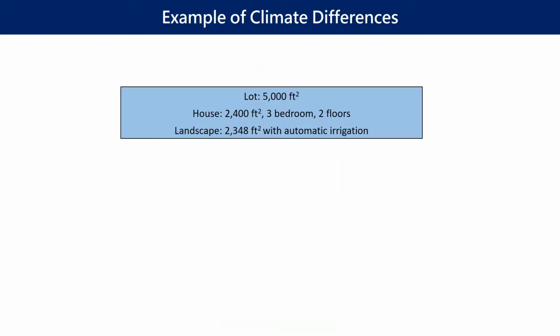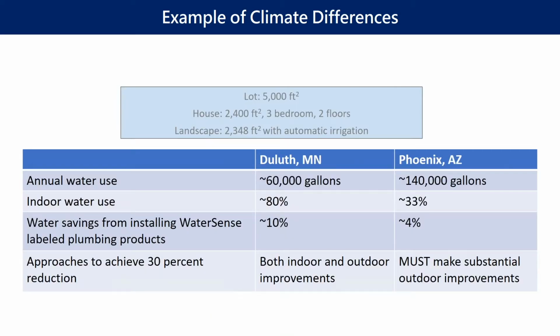So I want to show an example of the climate differences and how they can drive whether or not you need to focus on indoor or outdoor water use. So take a lot that's 5,000 square feet, a 2,400 square foot house, 3 bedrooms, 2-story home. The landscape area is 2,348 square feet, which is basically the reference landscape area, and there's an automatic irrigation system. So when you take that data and plug it into the spreadsheet, you'll see that in Duluth, Minnesota, the